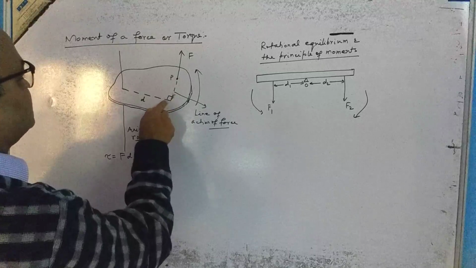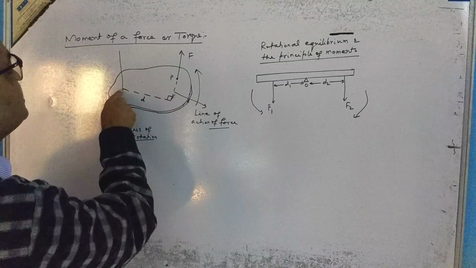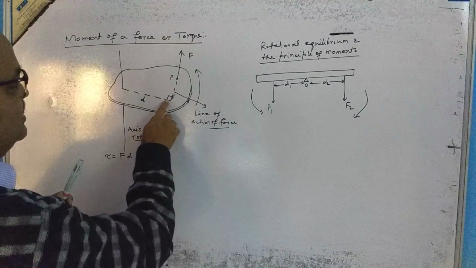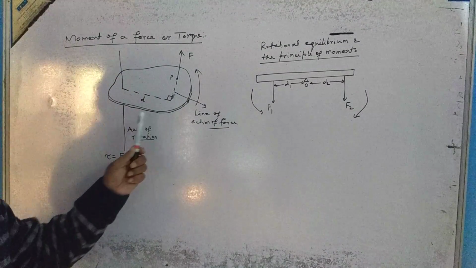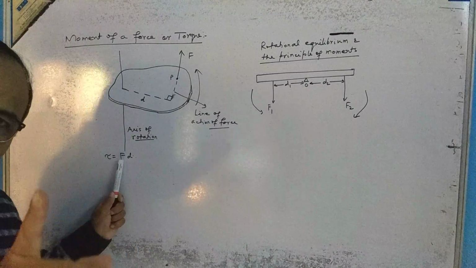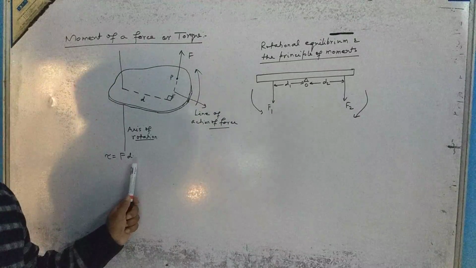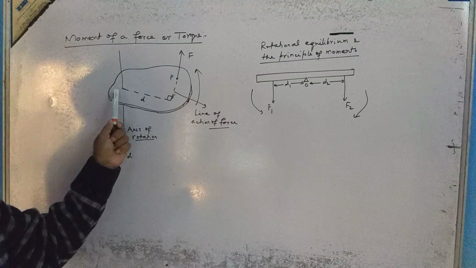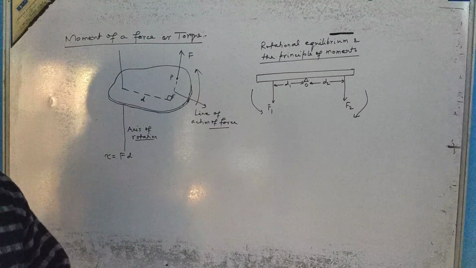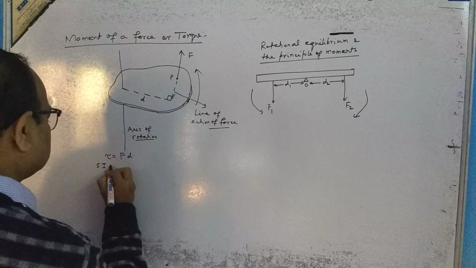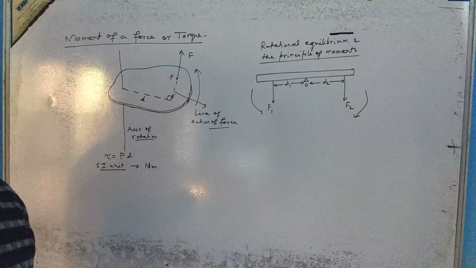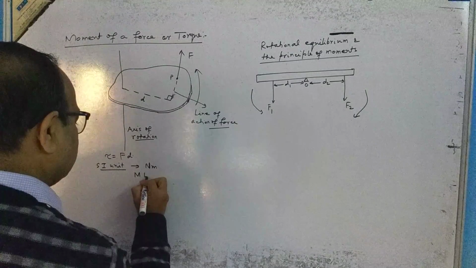From this line of action, a perpendicular is dropped from the axis of rotation to the line of action of the force. Here this angle is 90 degrees. It is the perpendicular distance, D. So that's why I have said it is the product of the magnitude of the force and the perpendicular distance between the line of action of the force and the axis of rotation. This is the torque. Obviously, the SI unit of the torque is Newton meter, and I hope its dimension is M L squared T minus 2